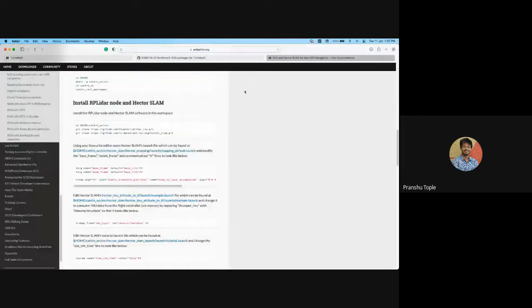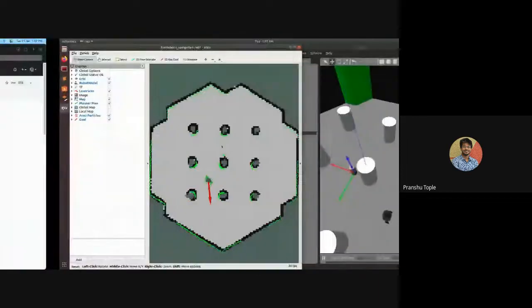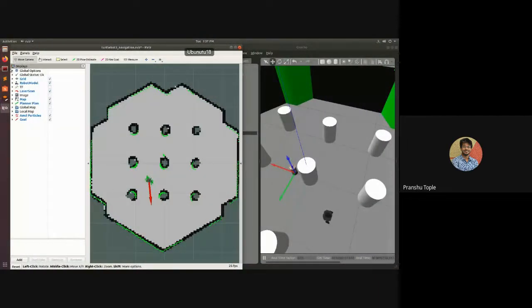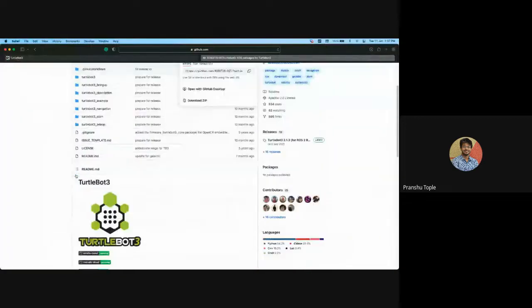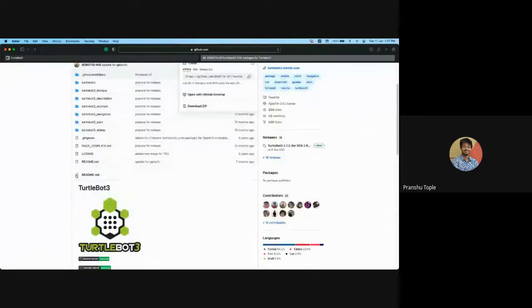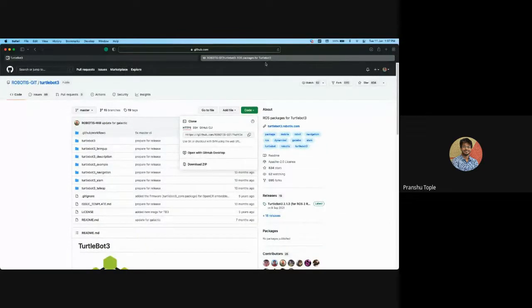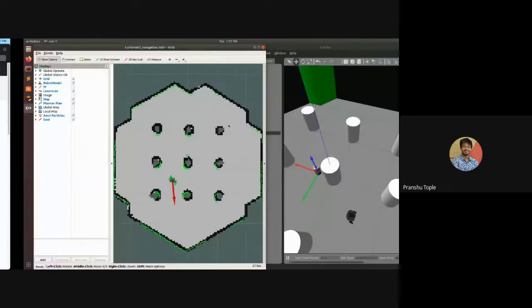So this will be helpful for you in some case, because in the next upcoming sessions, whenever we learn mapping and navigation, we'll be diving deep into the code of this. What is happening during navigation? If I launch a specific file, what is that launch file doing? We'll be learning that, and we'll be reverse engineering that. Once you understand how to reverse engineer these codes, you will be able to reverse engineer any of them. Right now I showed my GPS packages and things, so that you can implement it on your robot.